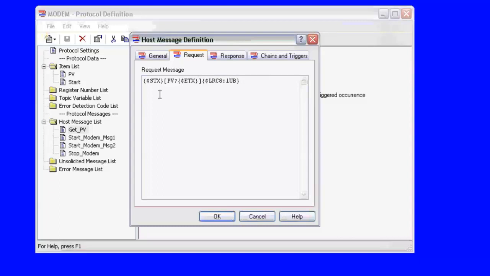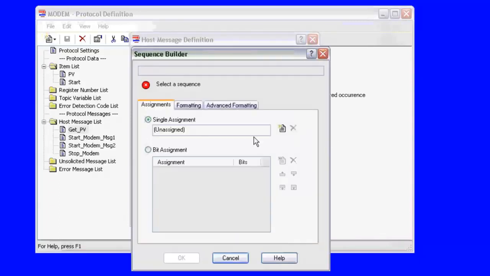We'll go ahead and take a look at how easy it is to use the sequence builder to add bytes to a request or even a response portion, because it's going to be the same. We're going to double-click in the blank space where we want to add additional bytes. So if I wanted to add something to the end of this, I'd double-click here at the end of it where the cursor is. If I wanted to add something here just after this STX, I'd position my cursor here, and double-click, and that's going to open the sequence builder,